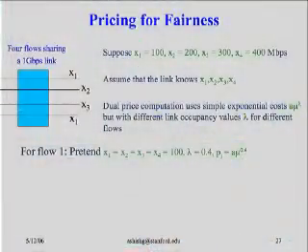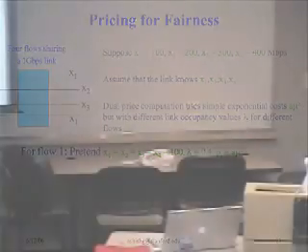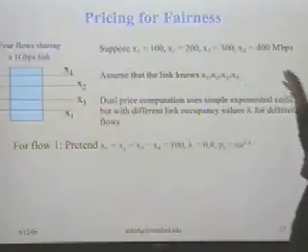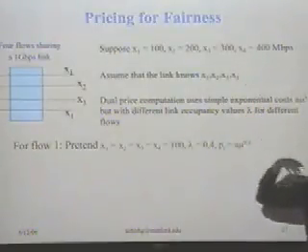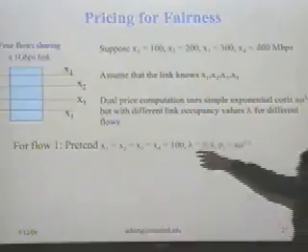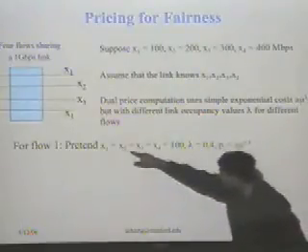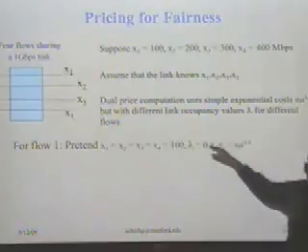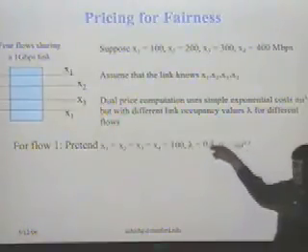That's not fair. So intuitively, for flow 1, we're going to pretend that x1 equals x2 equals x3 equals x4 equals 100. Flow 1 will say, okay, sure, you're giving 400 to x4, but don't charge that cost to me because I'm only getting 100. So for flow 1, you have to pretend that x1 equals x2 equals x3 equals x4 equals 100. So the lambda is 0.4. For flow 1, it looks like only 40% of the link is utilized.